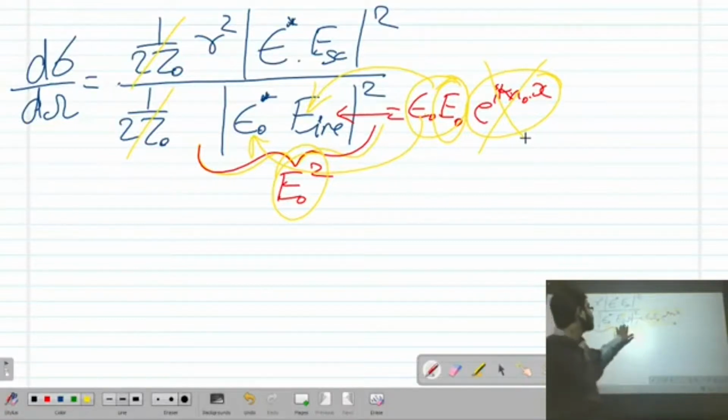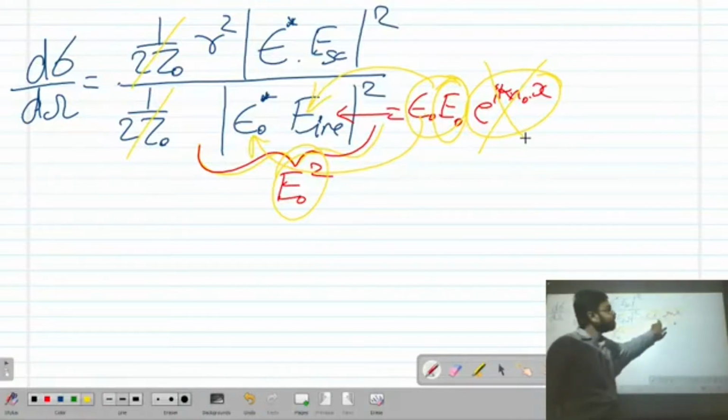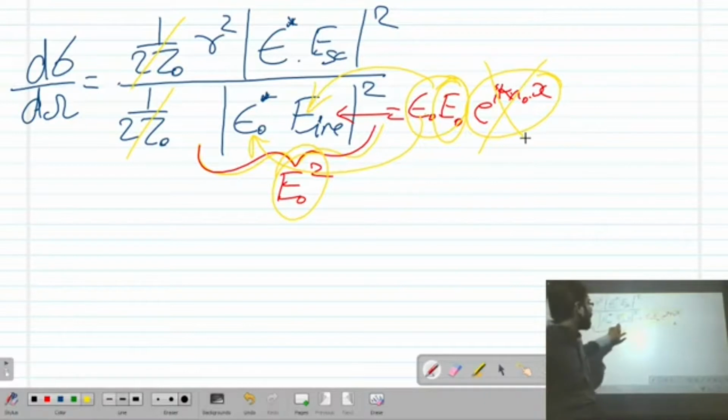Now substituting the value of E scattered. If we substitute the value of E incident, it will be E0 square, because E incident is nothing but psi 0, E0 amplitude, e raised to ik of n0 dot x. We are not considering this part. This psi 0 to psi 0 conjugate will be 1, and E0 will be E0 square. So totally it will have E0 value. Now substituting the value of E scattering,